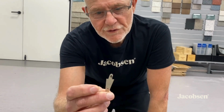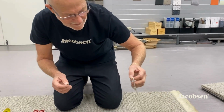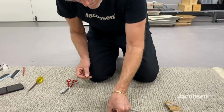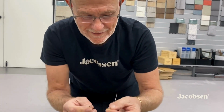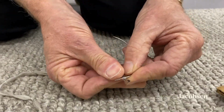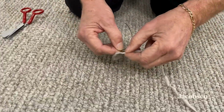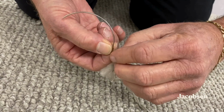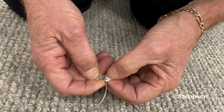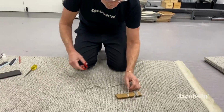I also recommend that at Spotlight you can get these little tools here. I recommend them because you've got to try and get that yarn through that little needle hole on the end, and this tool is magic. Put that back through there first, so now it's gone through the little hole in the needle. You then grab your yarn and put that down to there, and you hold that, and then you just pull those two back through the needle and your yarn's there. So then you take a little bit of yarn like this,